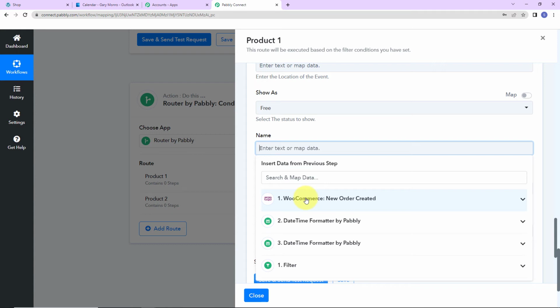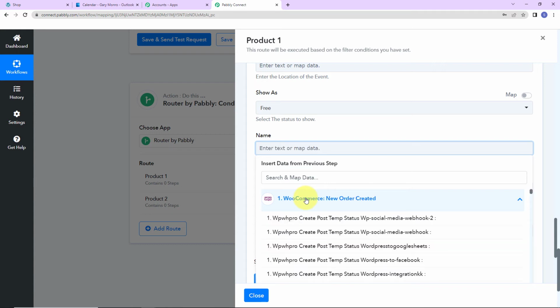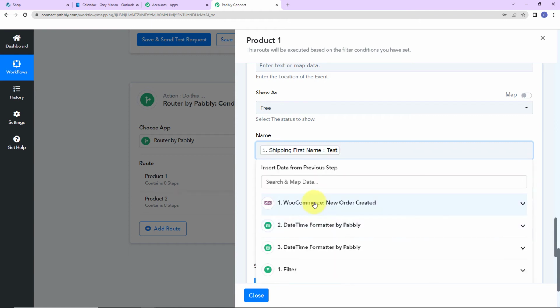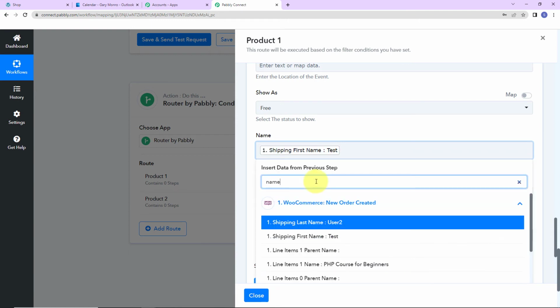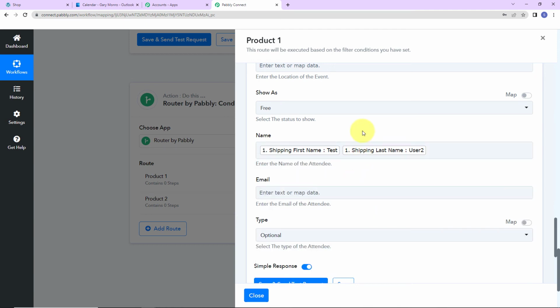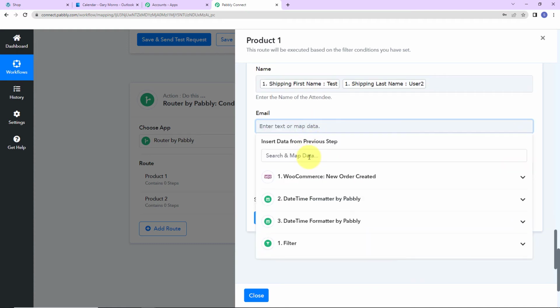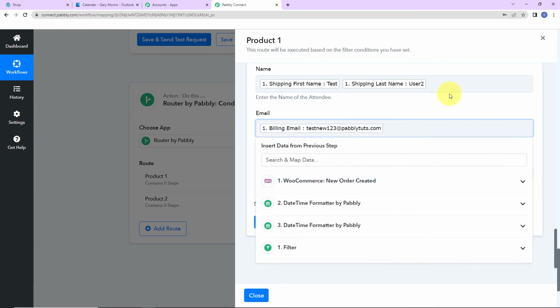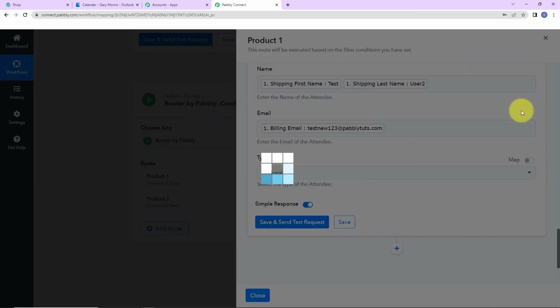So I'm going to go to step 1, and here I'm going to look for the name. So this here is the first name. Let's give a space, again go here, and this here is the last name. Now this method with which I have added the information here is known as mapping, and this is important so that every time the workflow runs it can take the new data into consideration. Next here we have to map the email address of the person. So let's map the email address, and once this is done, now I'm going to click on save and send